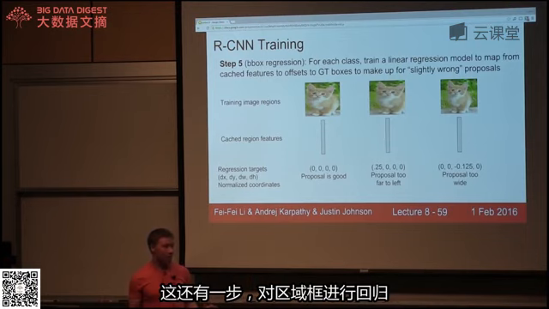Right, and then there's another step. So then there's this idea of box regression. So sometimes